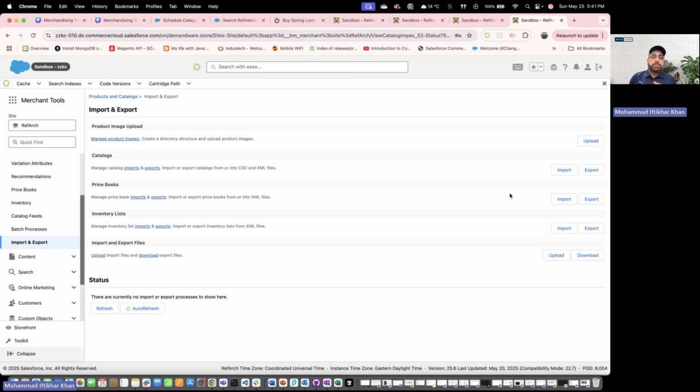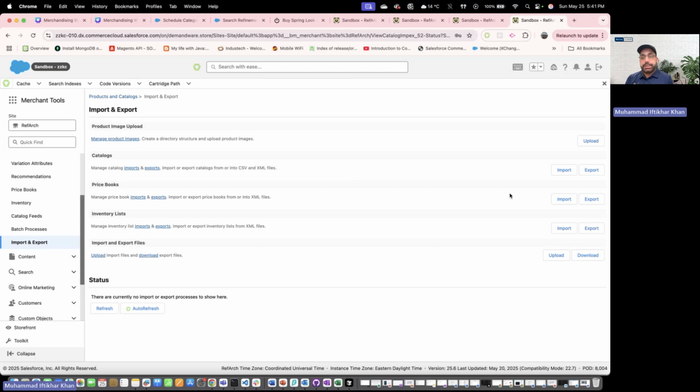In that case, the best approach is that by default we keep the import as merge mode. And if you want to delete the entire catalog, or any categories or the products under it, then we use the delete mode, but the merge mode is recommended most of the time